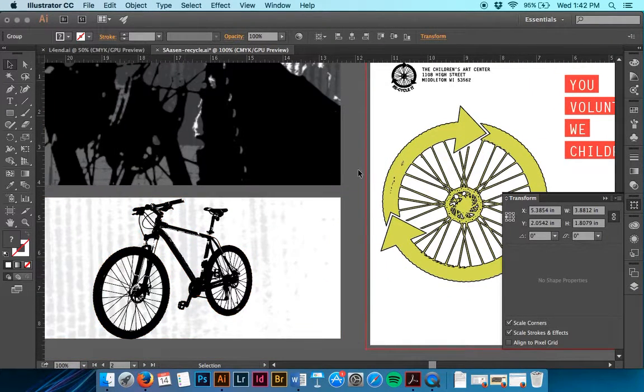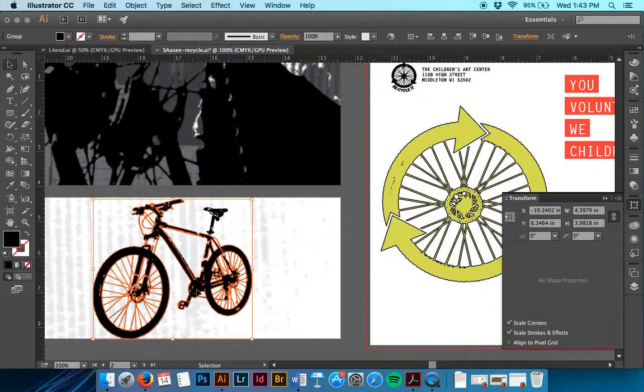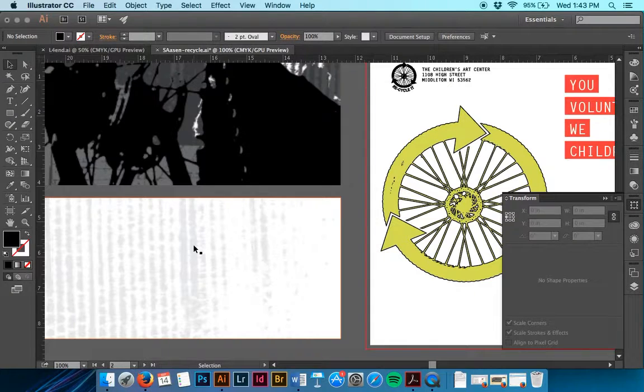So in this, to the left of Flyer, there's this bicycle here. If we click on it, we can see this selection right here for the bicycle. Not the whole artwork, just the bicycle. If I just use my selection tool, click on it, it's going to take it all. What I'm going to do is Edit, Cut, or keyboard shortcut Command X or Control X,